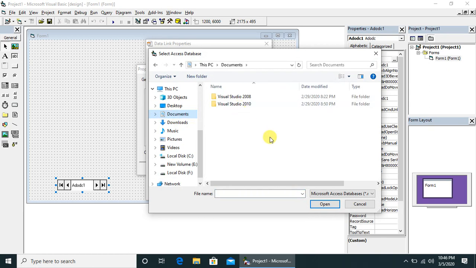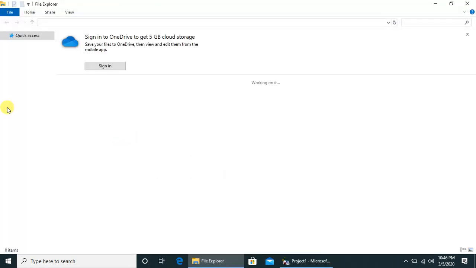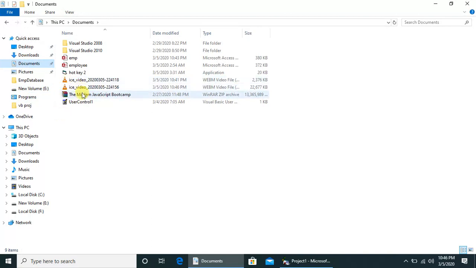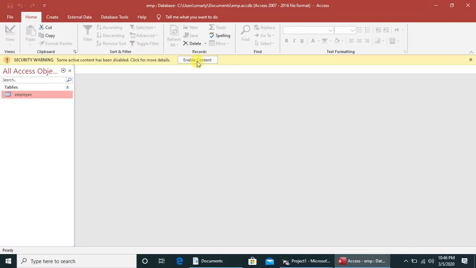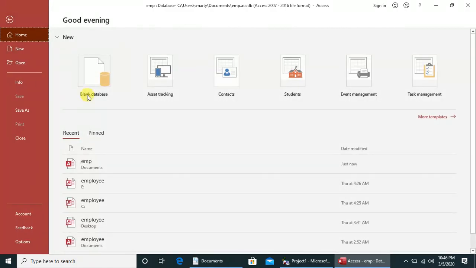Okay, the file is not showing here. Why? Because we have to save this in Microsoft 2000 version with MDB version. We are going to click on File Explorer, Documents. We are going to open this EMP file. After opening this EMP file, we are enabling content. We are going to save this